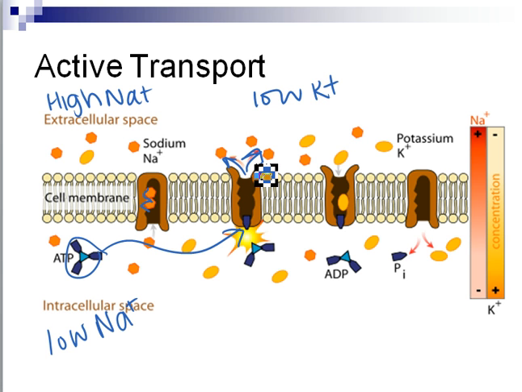Same thing happens with the potassium. Potassium comes in, attaches, the energy gets used up, the protein changes shape and moves across the gradient or against the gradient to